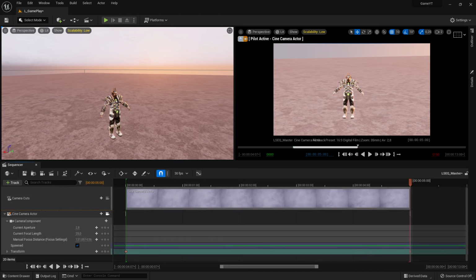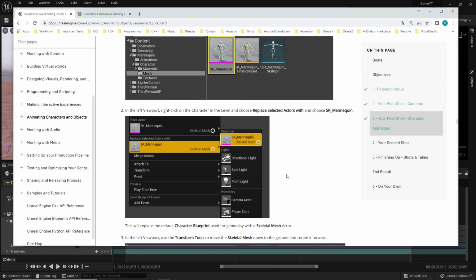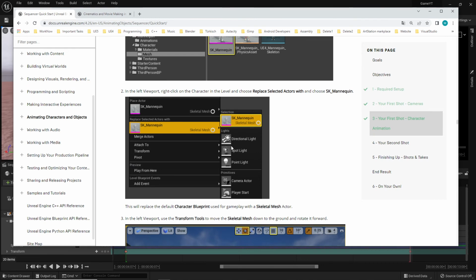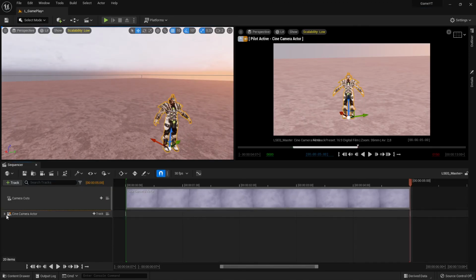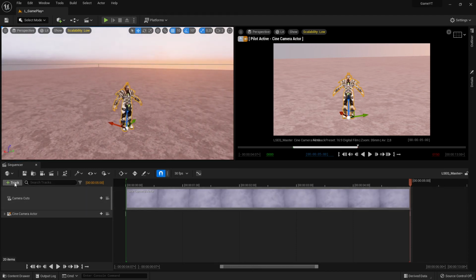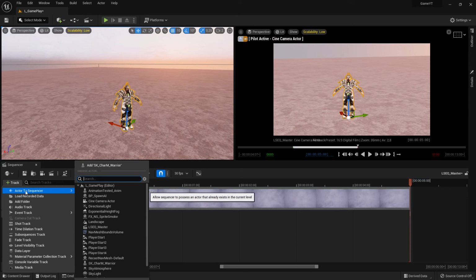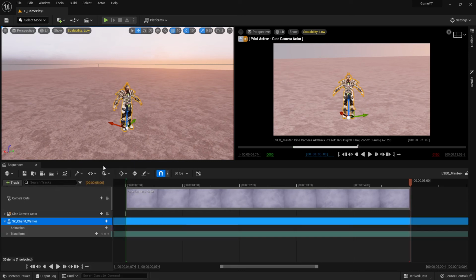Let's continue. So the character is here, and what they want to do is just set an animation here. Which means after you have your character, you can first of all click this track here. Important is they add a track here by using the skeletal character, and then you go here to track, and here important is add track to sequencer. And now not searching anything because this one is selected. We have now this option here, just click this one, and this actor, the selected actor, would automatically add it to the sequence. And now we can use this actor as well on the scene, and let's see what